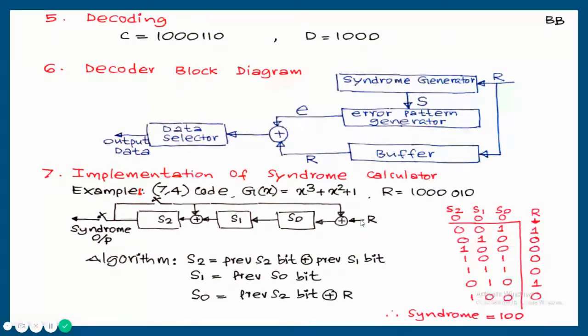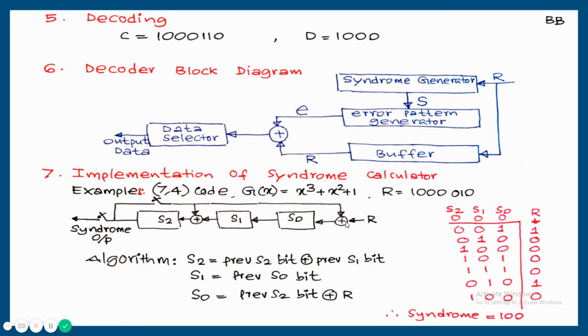I think it is clear what is the difference between that encoder and decoder. For the encoder, this XOR position will be here, and for the decoder, the XOR position will be at the input side. The reason it was shifted to the output side for an encoder is that d of x is multiplied with x raised to n minus k. Due to that multiplication, data bits are shifted to the left by n minus k positions. For (7,4) it is 3 positions: position 1, position 2, position 3. That is why data bits are given here as an input bit. Here that shifting is not there, so R will be at the input side, and exactly like the previous cases,